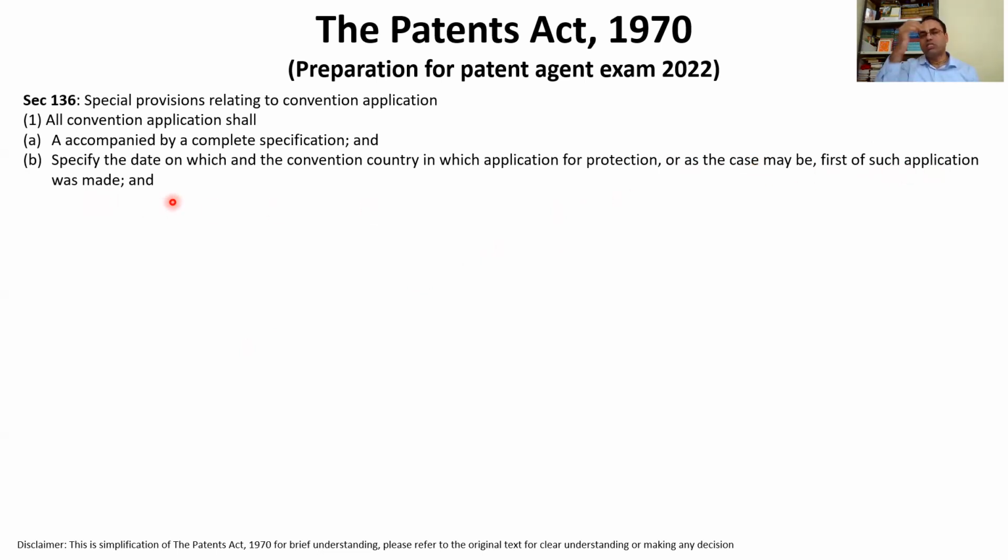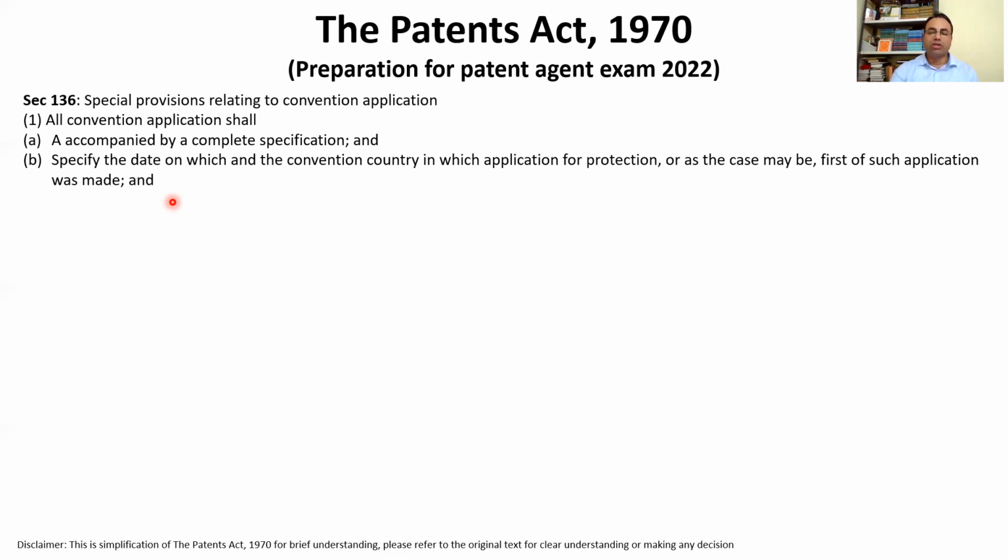So all convention applications should mention a specific date. If you filed first in China, you have to mention when that first application was made, that date and that country name, and you need to file a complete specification.